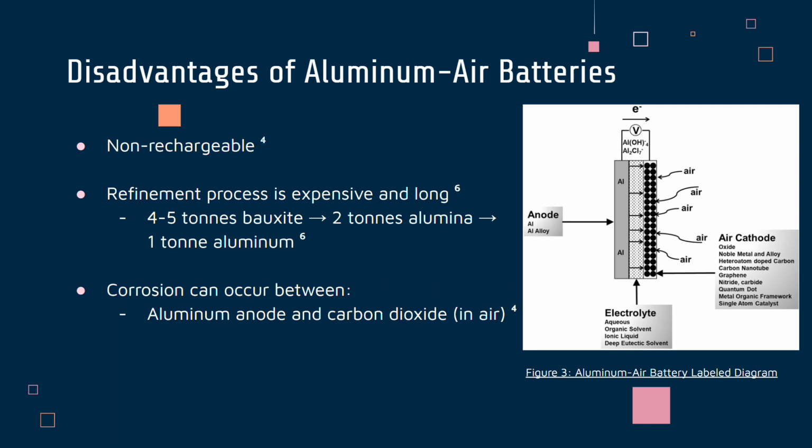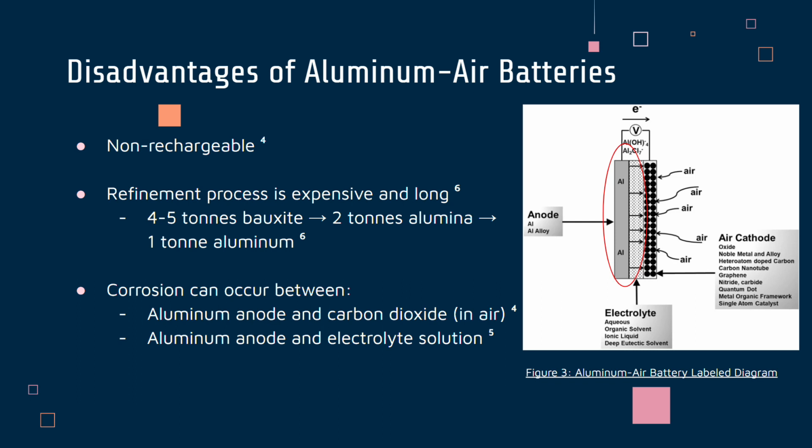After 1 month of storage, a rechargeable lithium-ion battery loses approximately 5% of its charge, whereas a non-rechargeable aluminum-air battery can lose up to 80% of its charge within the same time frame. Corrosion occurs in the aluminum-air battery between the aluminum anode and the electrolyte solution, as we can see in the pictures to the right. When the battery is not in use, the electrolyte within the solution eats at the aluminum,